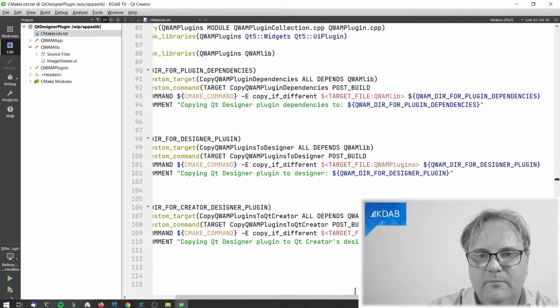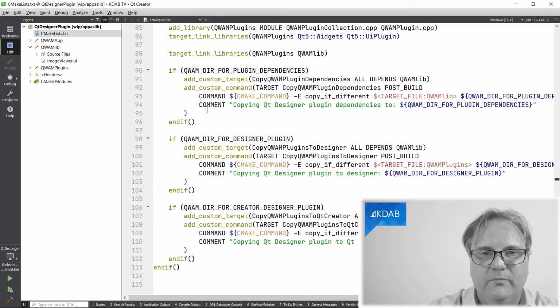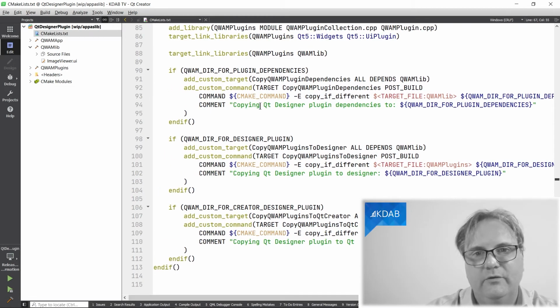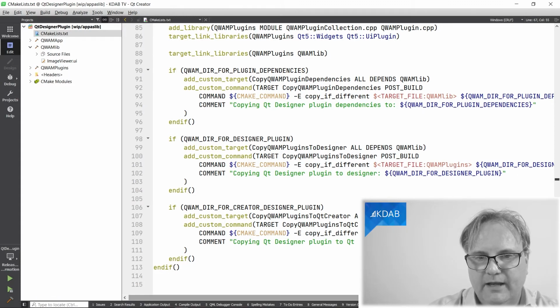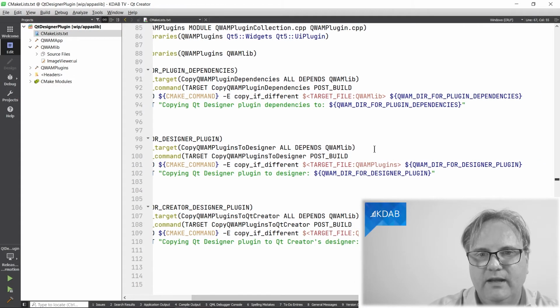And it even prints out, unfortunately it doesn't for me in Windows, but on Linux it does print out, copying Qt Designer plugin dependencies to this directory. It does the same thing for copying the QAM plugin onto the QAMDir for Designer plugin, and it copies the QAM plugins to QAMDir for Creator plugin.